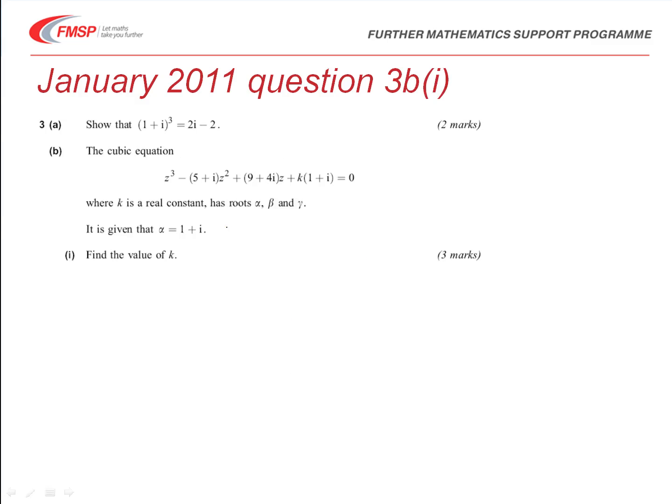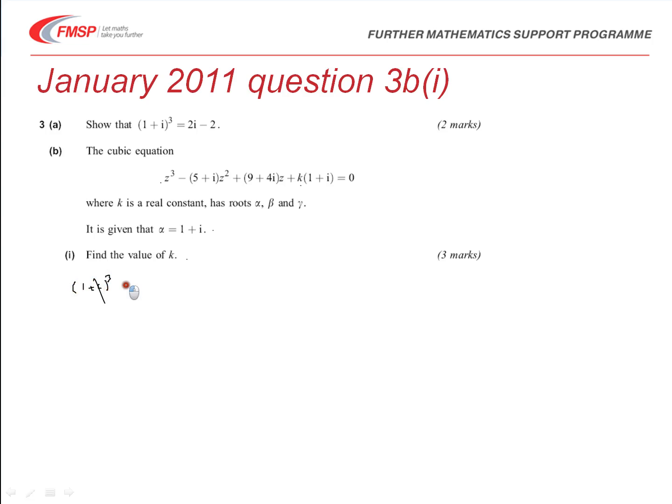Into part B then, and using that result, as we said, we've got this cubic expression, and we're given one of the roots, and we have to find the value of k, the missing part here. Well, we know that 1 plus i is a root, so therefore it must fit this expression. It must fit the cubic equation. So we know then that